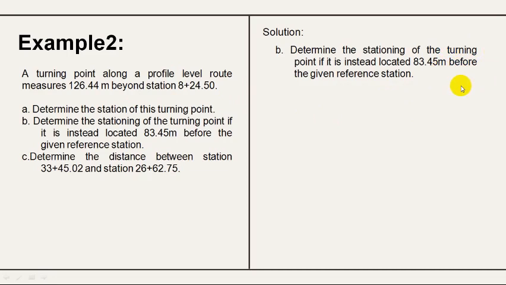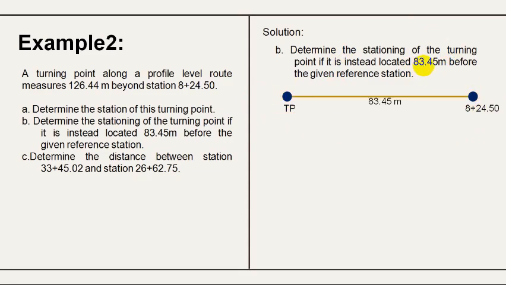Since it is before, we have the station 8 plus 24.50, and our turning point is before it. The distance from this station to the turning point is 83.45